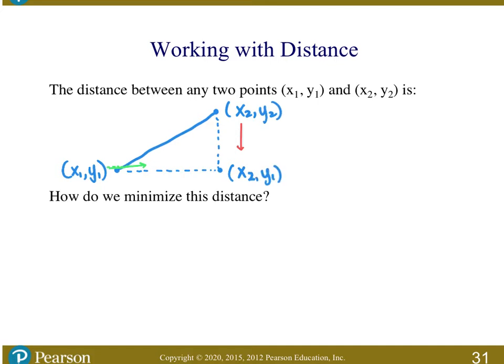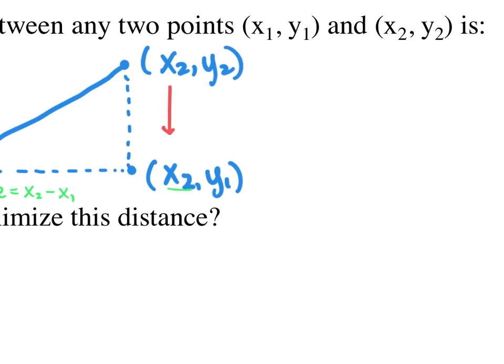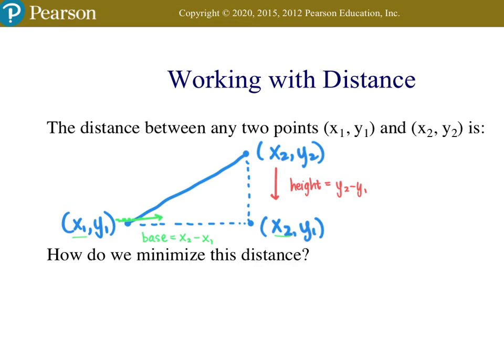And so we want to know what's the base. And so remember, the base is the subtraction of the x-coordinates. So my base is x2 minus x1. That's the subtraction of the right x-coordinate minus the left x-coordinate. And then my height is the subtraction of the y-coordinate, so y2 minus y1. And so the distance between them